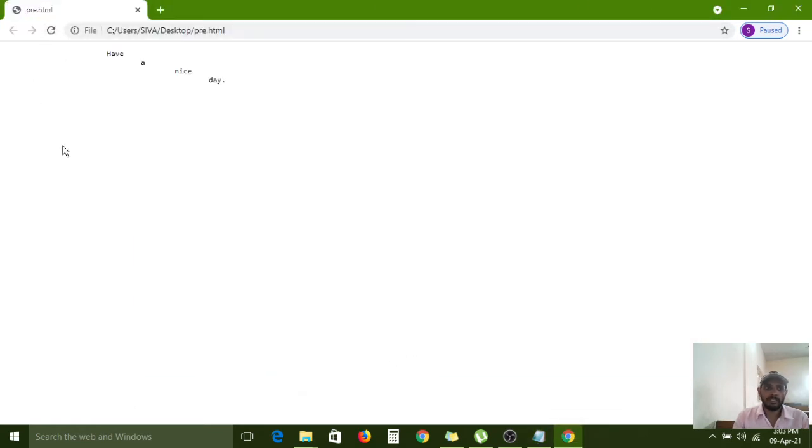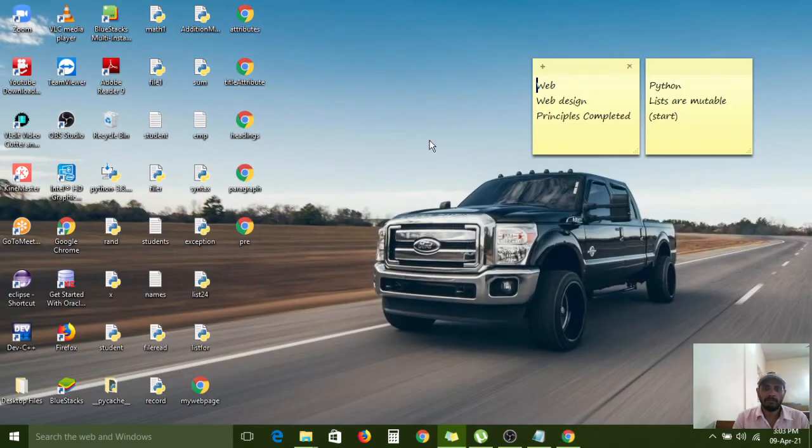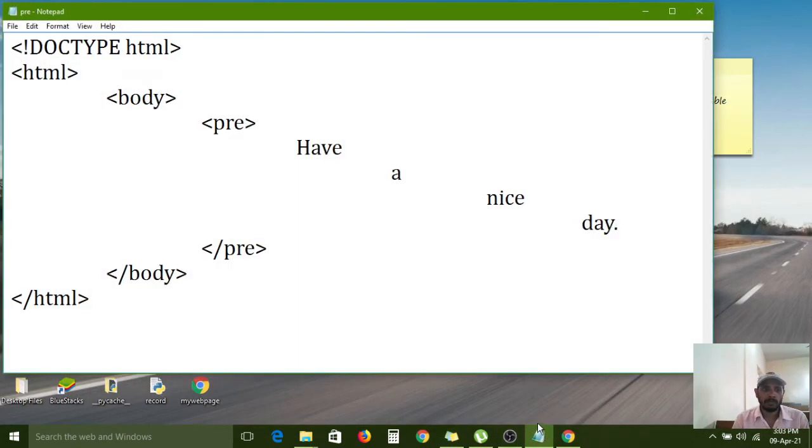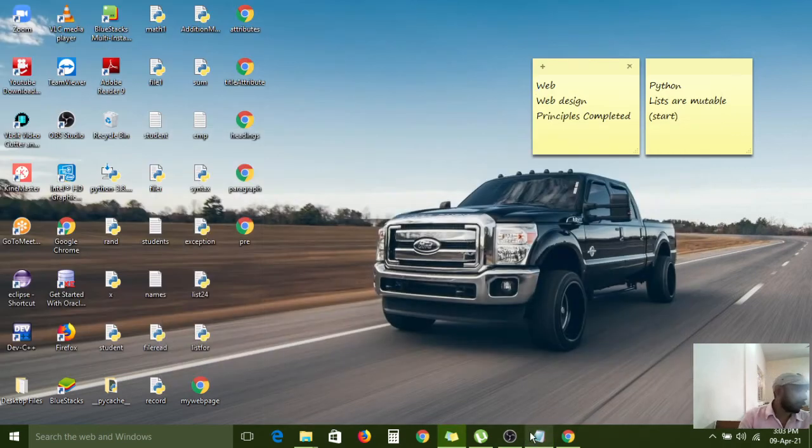Refreshing. So the pre tag functionality is that whatever format I am using, that format will print as it is on the web page. Understand? So the pre tag is also completed.